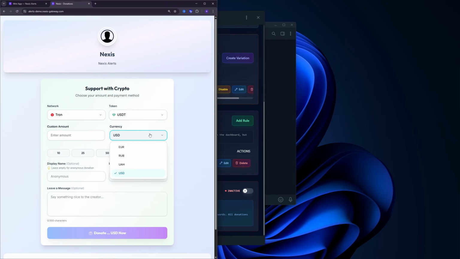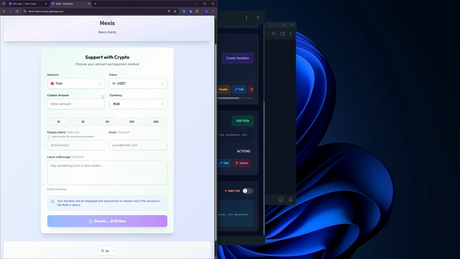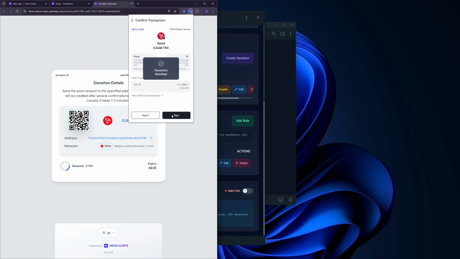Now, whenever the donator picks the currency we just added the rule for, they'll see this hint right next to the Submit button. That way, if they send a donation below the threshold, they'll understand up front why it wasn't displayed. All right, let's create a donation below the threshold, and this time we'll send it in the native coin,